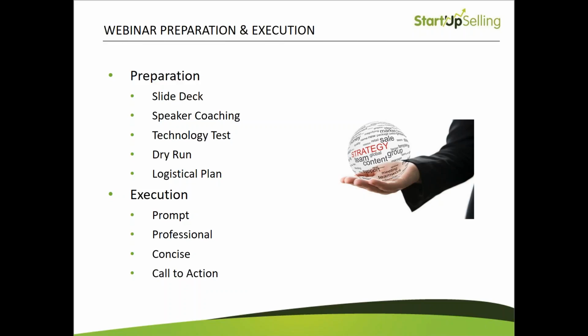And beforehand, do a technology test and dry run. Make sure that speaker sits down at the PC they'll be presenting from, wearing the headset they'll be wearing, and that everything looks good, sounds good, and works smooth. Make sure that they practice some of the slides. Do a mini dry run, even a full dry run for a rookie speaker, so that they're very comfortable on the day of the web seminar with what they'll be talking about, knowing when they'll be talking, when they'll start, when they'll stop, when they'll be handing it back and forth to a moderator,